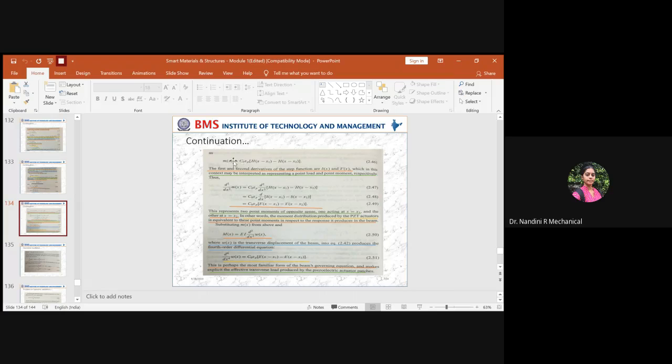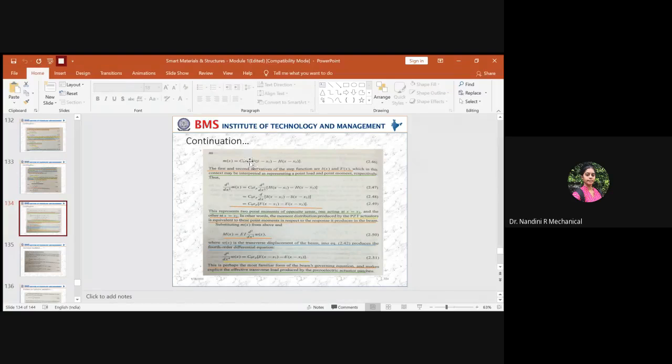That shows that the equation you have here has to be differentiated twice, and hence you will write two differentiated parameters. When you have to differentiate twice, you have to write d square upon dx square. So to get the two derivatives of the step function, you have to differentiate here twice, and hence for the same equation you will add d square upon dx square into the external moment along the direction x. So this will be equal to the capacitance value into the free strain.